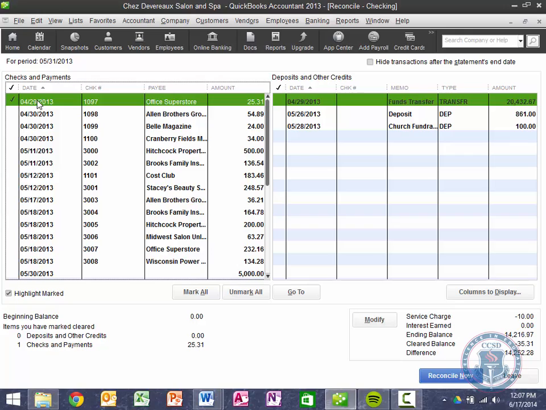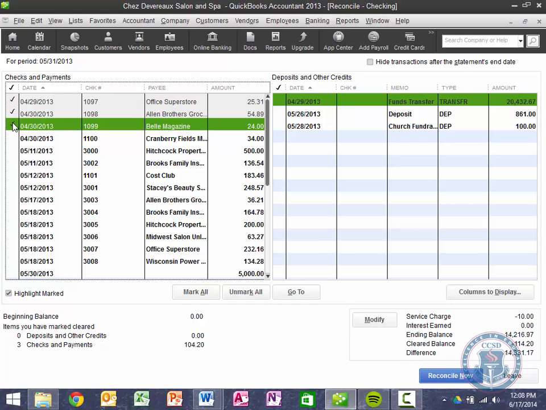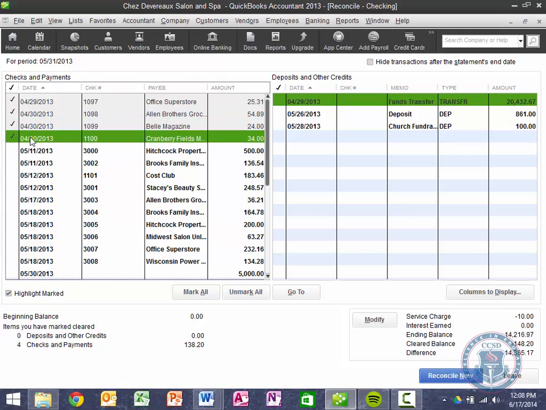Next one, check number 1098 was for $54.89. We want to make sure that the amounts are right. So we're going to say, great, that's good, $54.89, check. All the way across. Crossed out. 1099, $24. Check all the way across. 1100, $34. Check all the way across. $500. Check number